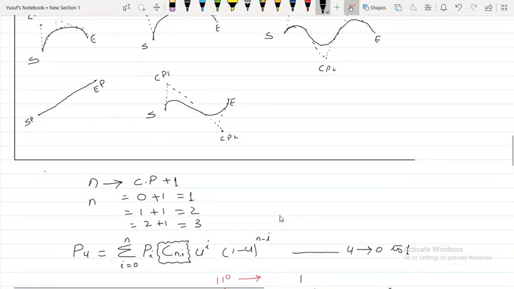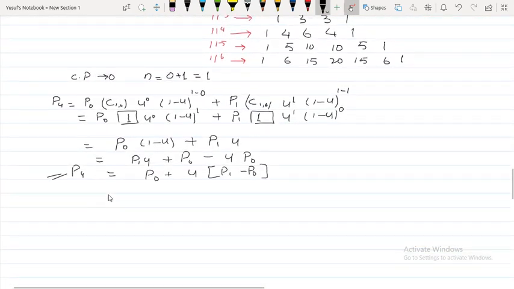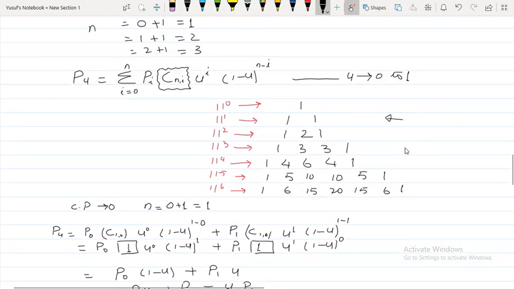Now suppose the control point is 1. तो one control point के लिए have to write. तो we can write, control point is 1, then value of n will be 1 plus 1, is 2. So equation is from 0 to 2. So 3 times you have to write. First time I is 0, plus next time I की value 1, then plus I की value 2. So I will write in some simplest form.